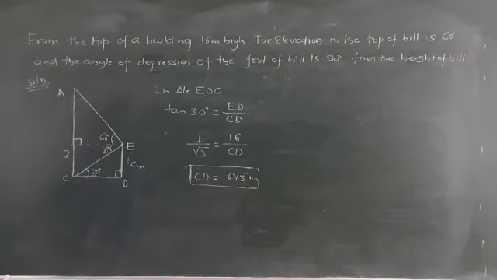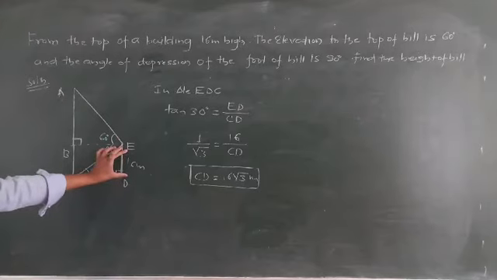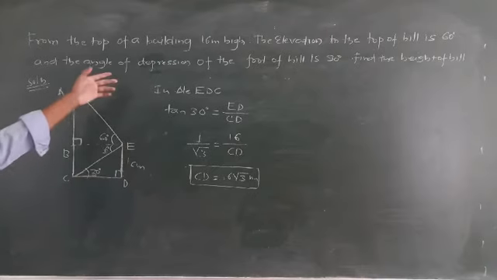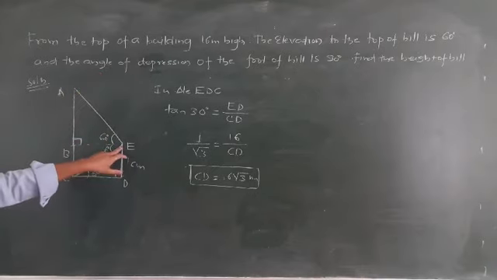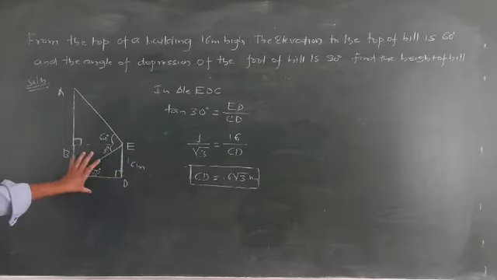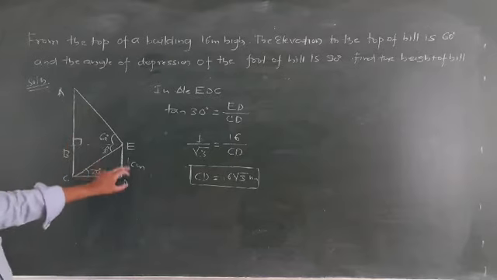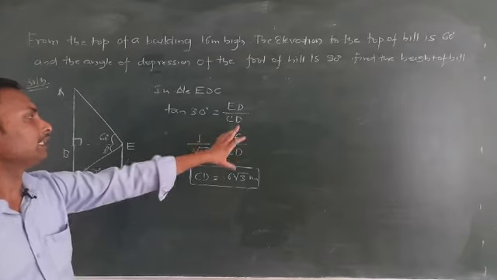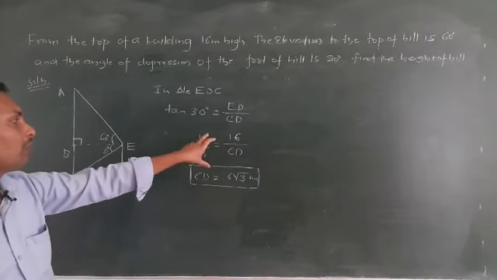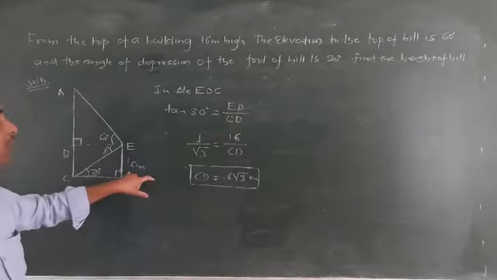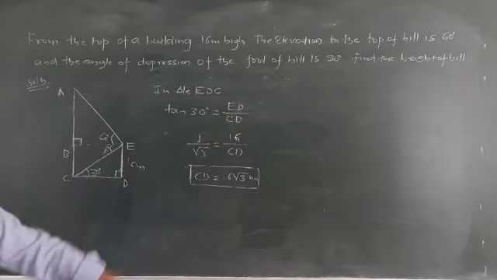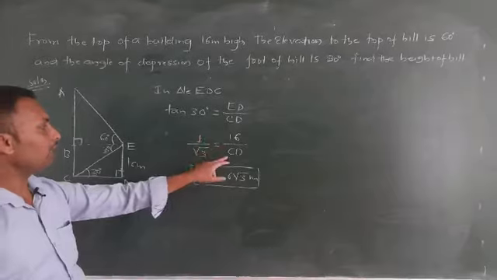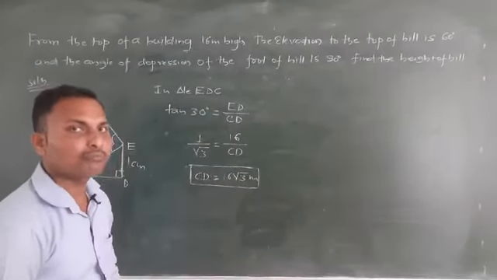Very easily see. They have given one building, 60 meter high building, from the top of the building to the top of the hill the angle of elevation they have given is 60 degree, and the angle of depression from the foot of this hill they have given 30 degree. We have taken everything. Now we take triangle EDC, one triangle. So tan of 30 degree is equal to ED by CD. Tan of 30 means we know it very well, 1 by root 3 is equal to ED, already we have 16 and CD we don't have. That's why we kept CD as it is. Now cross multiplied, CD is 16 root of 3 meters.